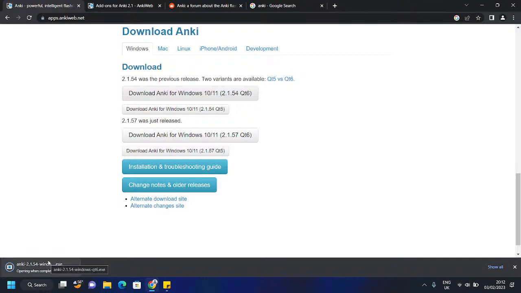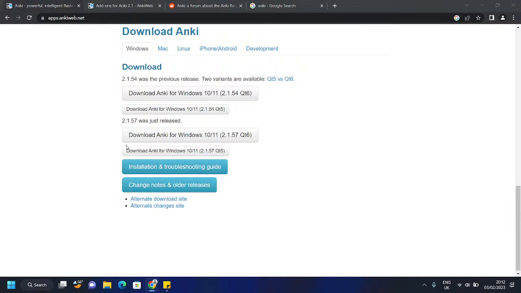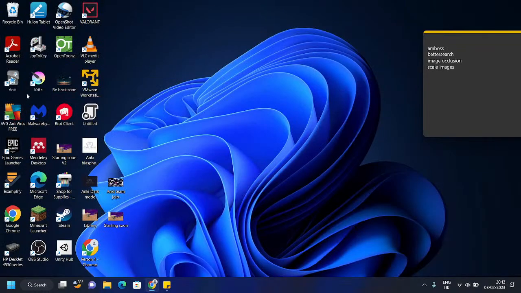Okay, and then you open it. Once it's finished, it's going to ask you if you are okay with it wrecking your computer internally, which ideally you would press yes. Now we're going to skip that tiny detail because I already have Anki installed. Okay. And then once you open it,